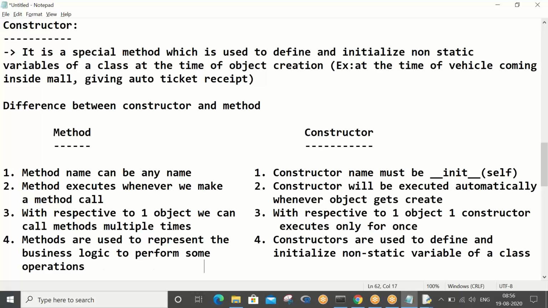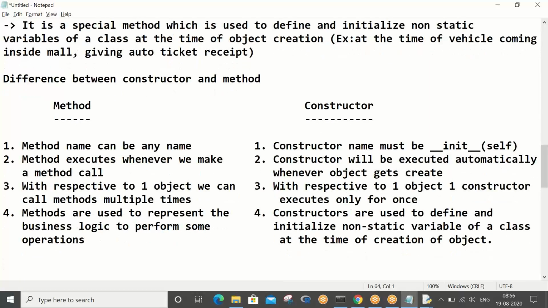That's the reason I said these are very important. Out of all three variables, these are very, very important. 90% of the time we work with non-static variables only. So with this, I'll stop. We'll continue our discussion tomorrow.